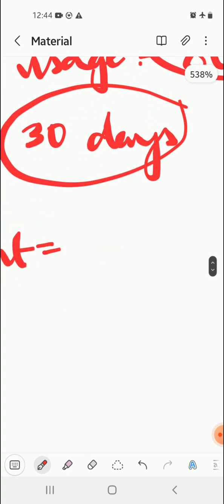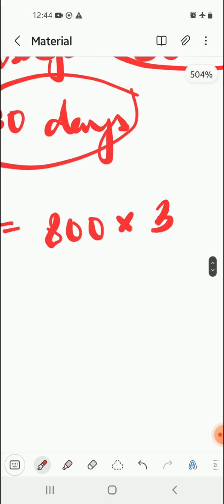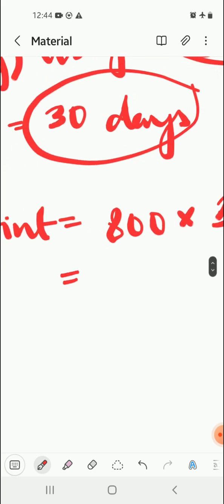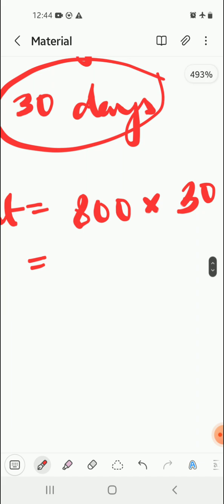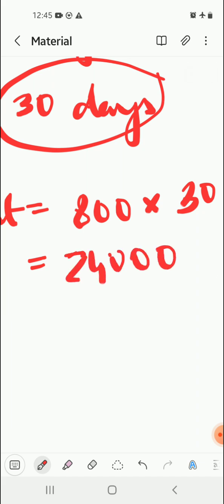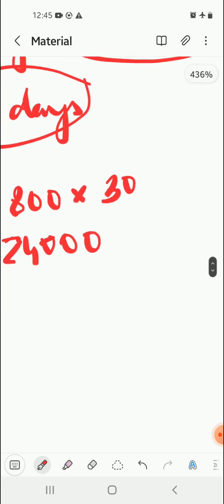So 800 into 30, the answer will be in units because we are trying to find out the level. So 8 into 3, 24, and triple 0. So 24,000 units